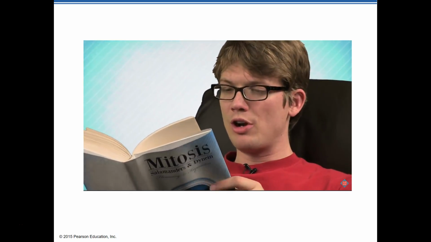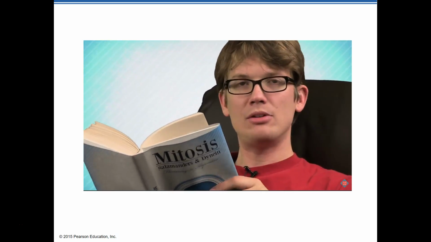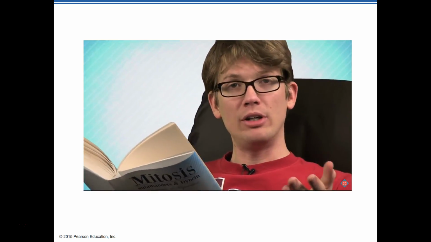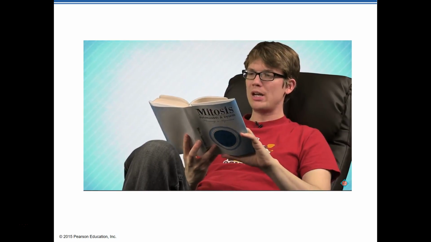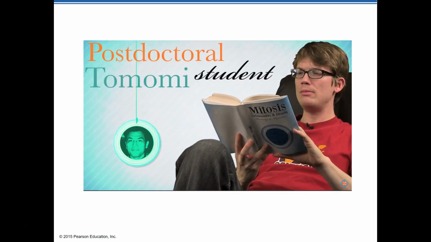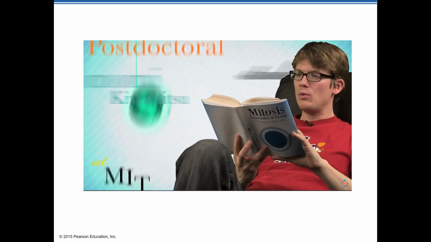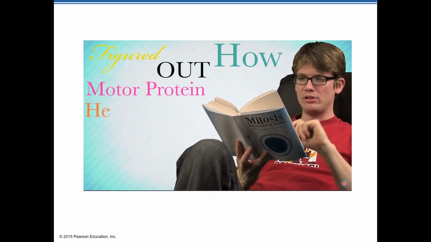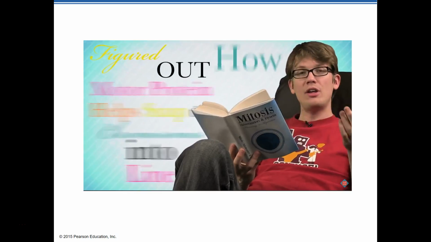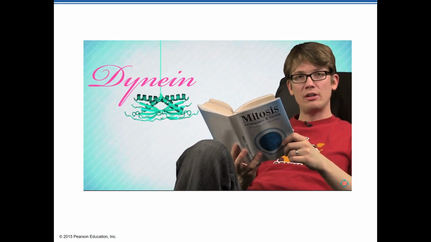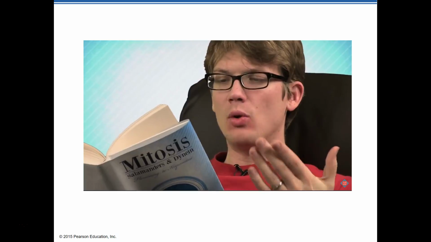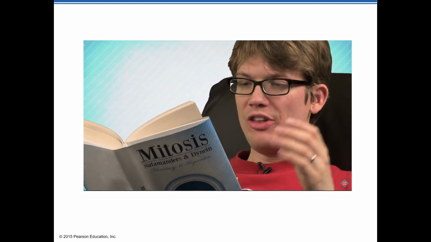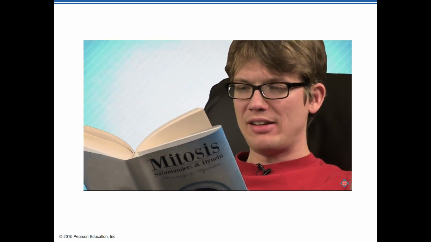And over the next century, generations of scientists started piecing together the mitosis puzzle by determining the role of microtubules, say, or identifying motor proteins. Now, the most recent contribution to this research was made by a postdoctoral student named Tomomi Kiyomutsu at MIT. He watched the same process that Flemming watched and figured out how at least one of the motor proteins helps snap the chromosomes into line. He was studying a motor protein called dynein, which sits on the inside of the membrane. Think of the microtubules as tug-of-war ropes, with the chromosomes as the flag in the middle. What Kiyomutsu discovered was that the dynein plays tug-of-war with itself.